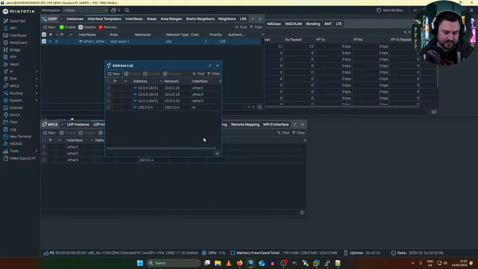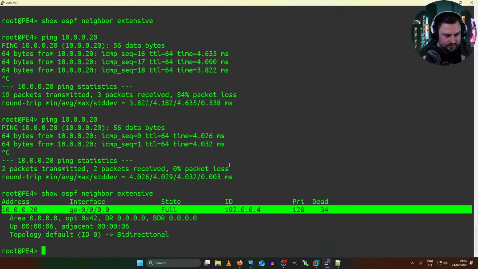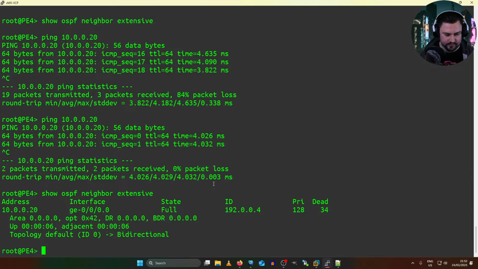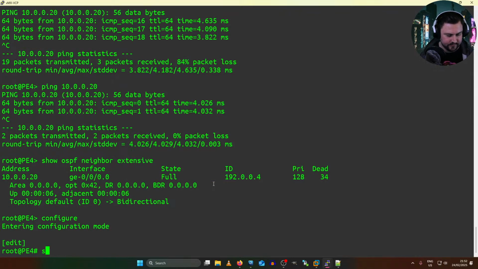But it could also be that I was labbing RSVP, and that's its own beast with MikroTik. So let's turn on OSPF traffic engineering. On Juniper, it's fairly straightforward. Just configure, set, protocols, OSPF. I think you still specify the area, or do you?